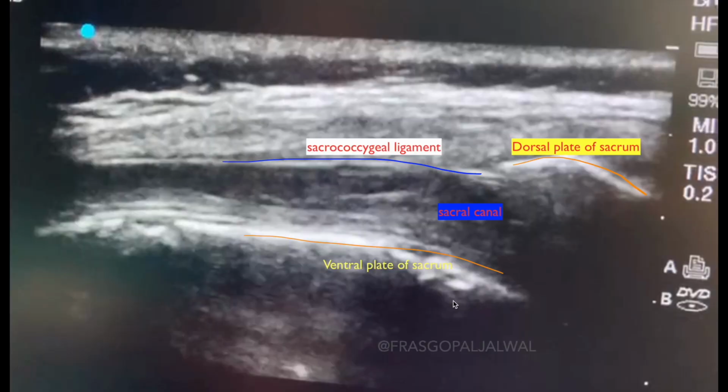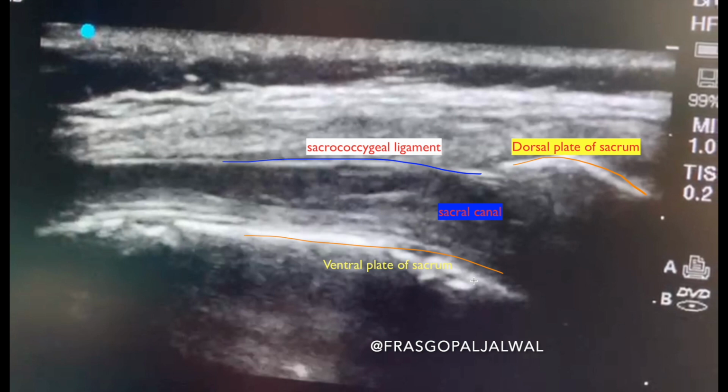You have seen the short axis view. Now when you place your high frequency probe in the long axis at the level of the sacral hiatus, you will see this picture on the screen. Here this is a hyperechoic line, that is the sacrococcygeal ligament, and in continuation of the sacrococcygeal ligament there is another hyperechoic line, that is the dorsal plate of the sacrum, and here you can see